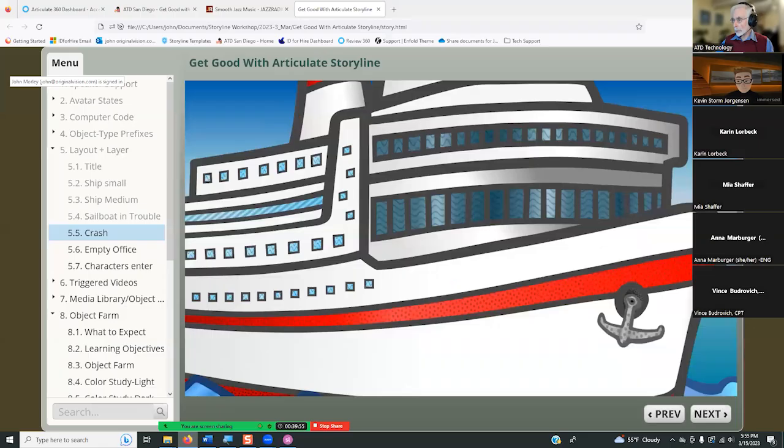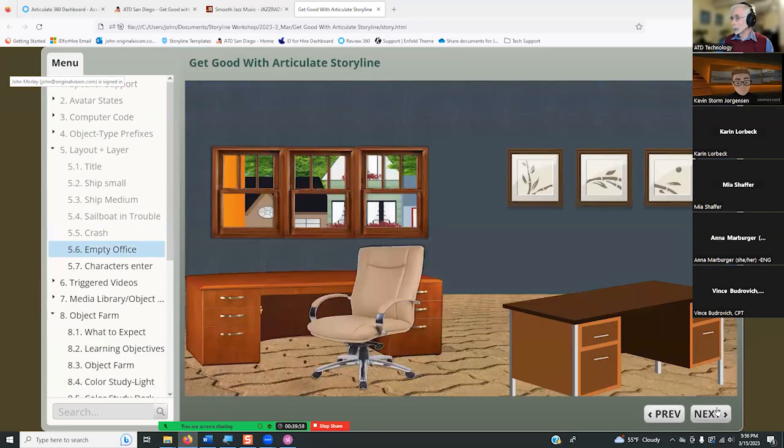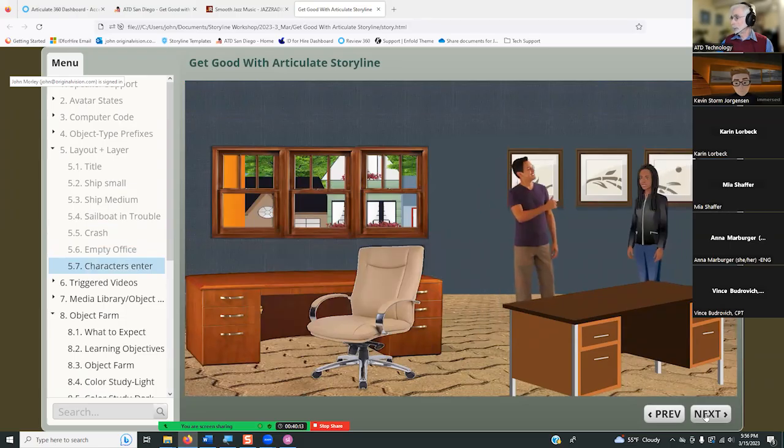Okay, well, it might be more similar to what you do or what I actually do. You see an office background here, and this desk is in the foreground because this is a layer on the layout. So let's have some action here, and we can see people come in, and they're in front of the layout and in back of the foreground element, which is the layer.